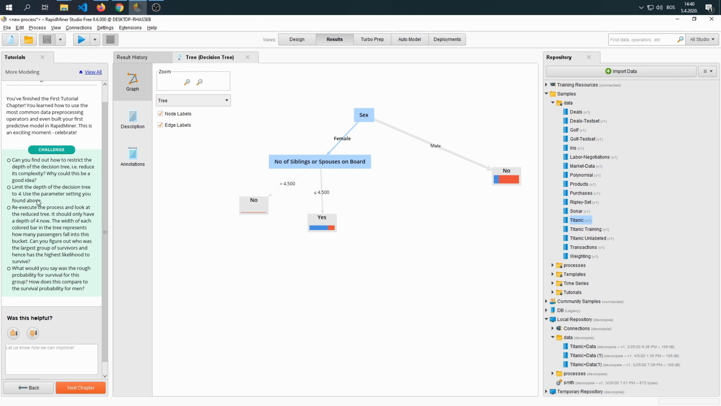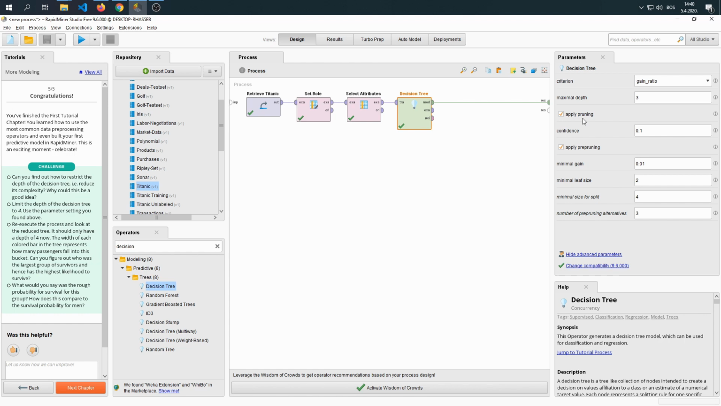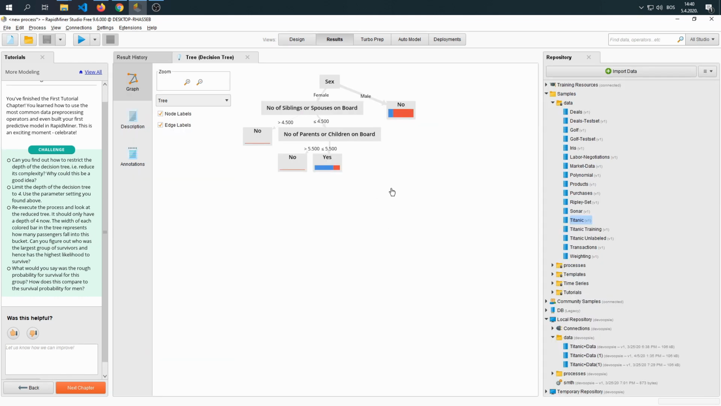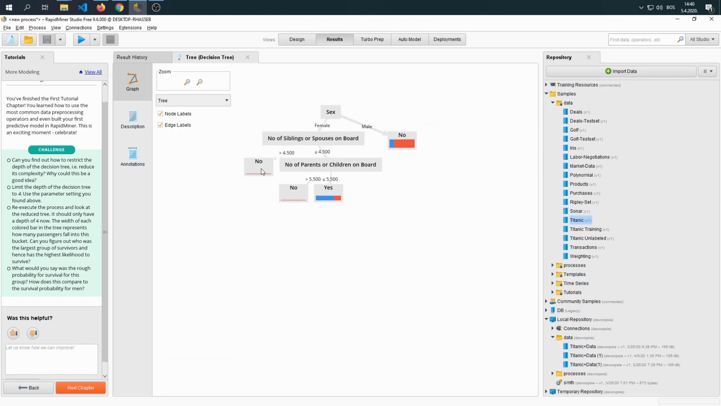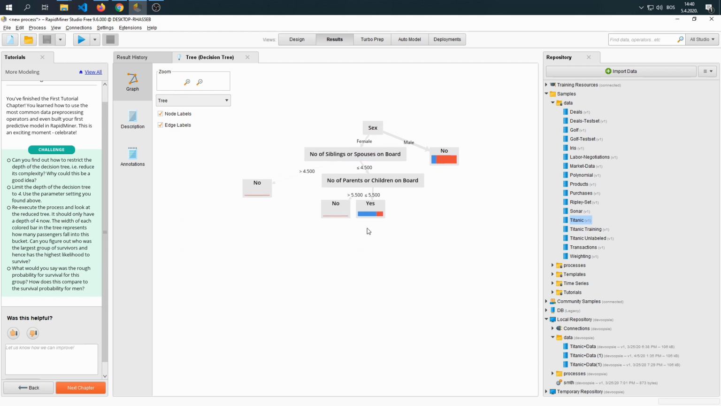I just realized that the tutorial says to limit the decision tree to 4, so we're just going to rerun it with 4. And yeah, it shows that number of parents or children also matters. However, if you're a male, you don't have such luck, and you're probably going to die on the Titanic. The tutorial also explains that these bars,